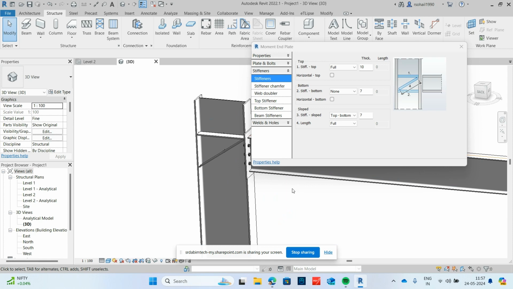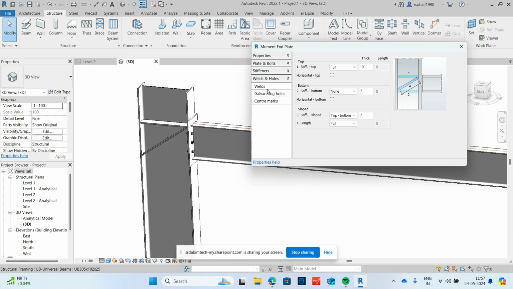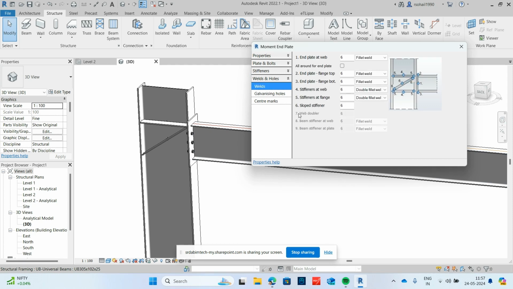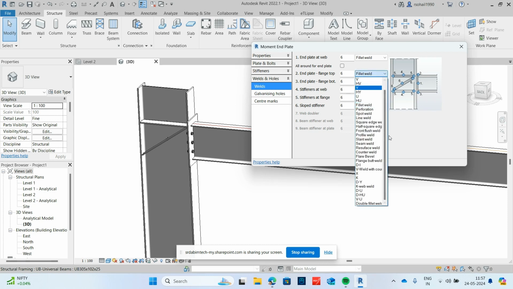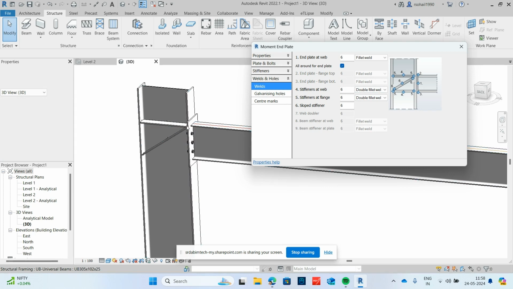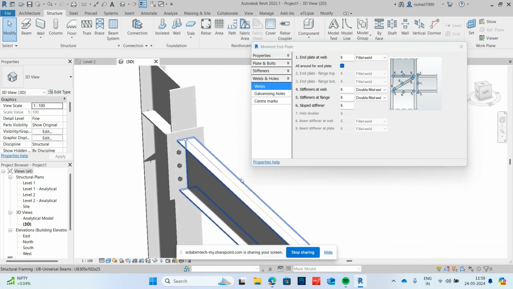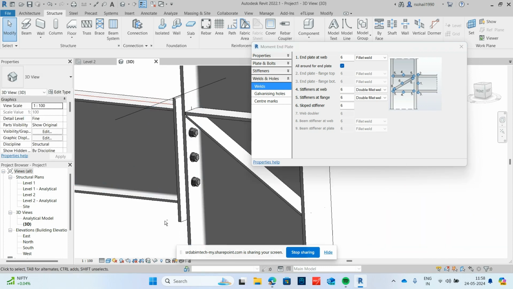All right. So this is how you change the connection. Even welds, if you want, you can add welds. Like if you need weld. So here already the welds have been specified. Fillet weld and how it will be welded. You can check the kind of welding you want to do with this. And you see different kinds of welds are already there all around for the end plate. And if you see the symbol, these are welds. So basically the welds have been added. If we check here,